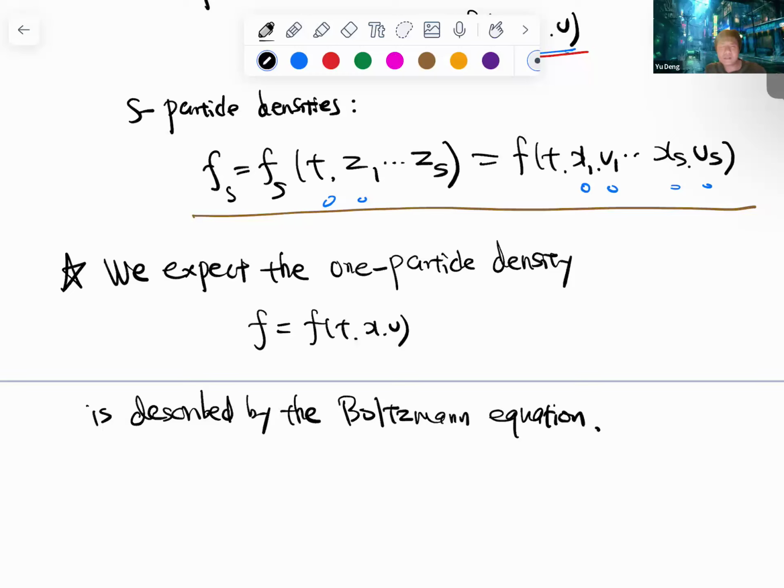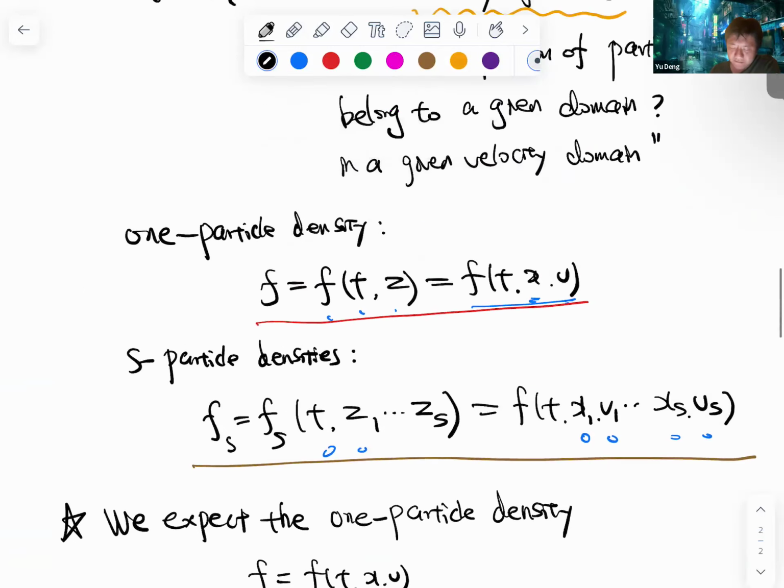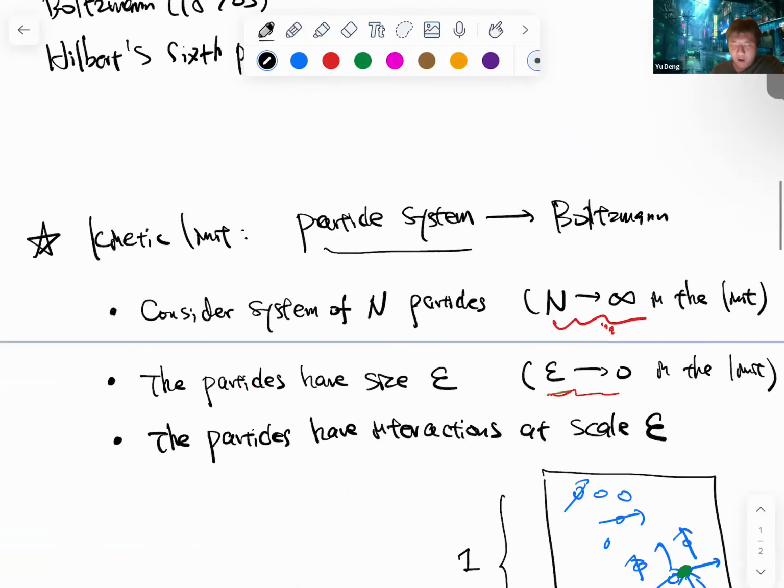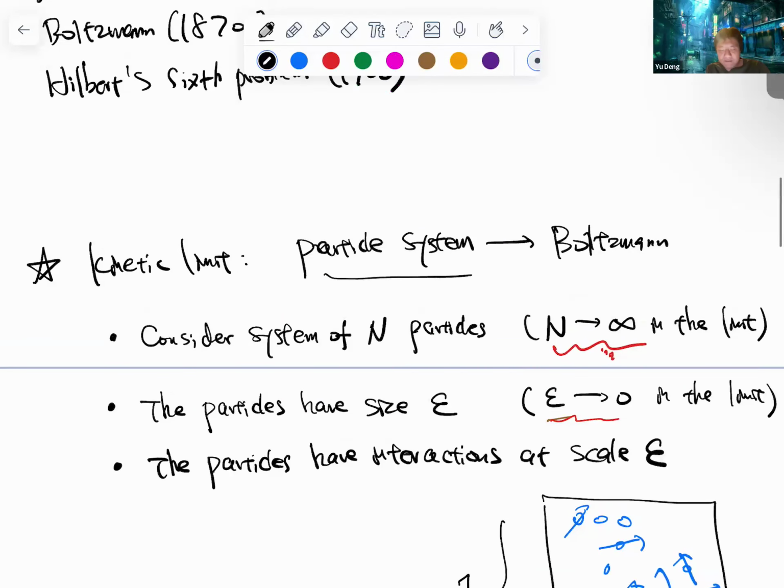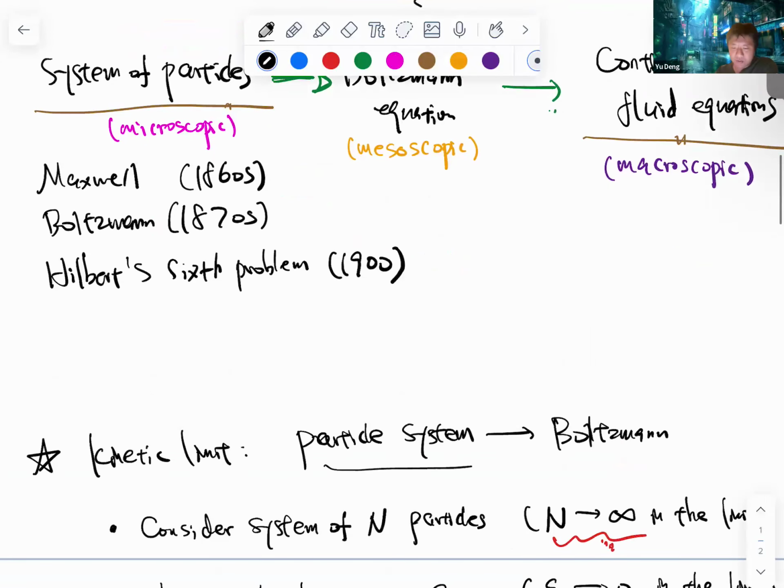Okay, so of course we'll describe what the Boltzmann equation is and why we expect to have that. We'll describe it in more detail when we talk about the precise description of the systems. So this is an overview of the first limit. Once we have the first limit, we go from the particle system to the Boltzmann equation, and then there